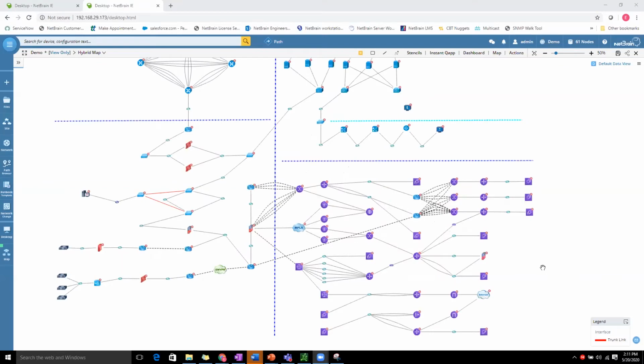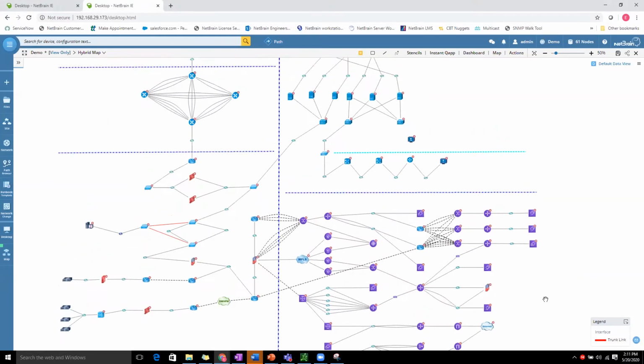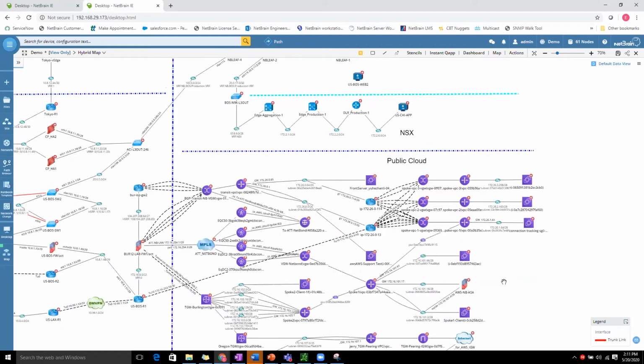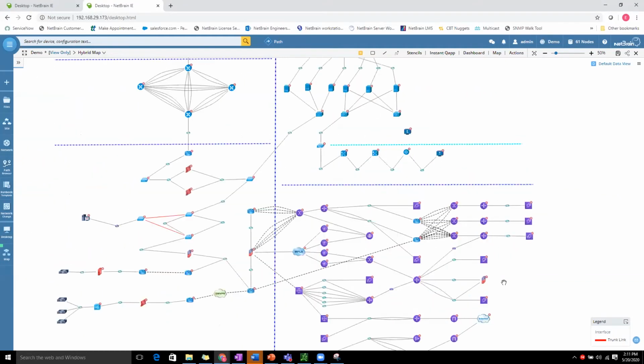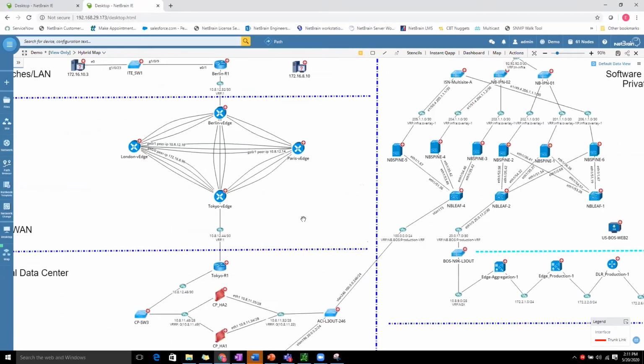And the idea here is we have our entire overview network, and it's kind of difficult to get to it. What NetBrain provides is the capability of going in and out on any map that you want. However, this is an architectural view of our network. For example, here, if I dive into it and look a little bit closer, I can see where we have